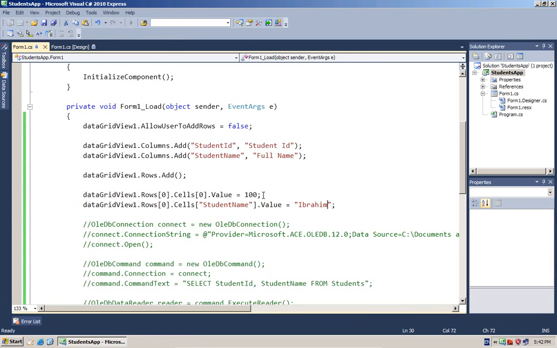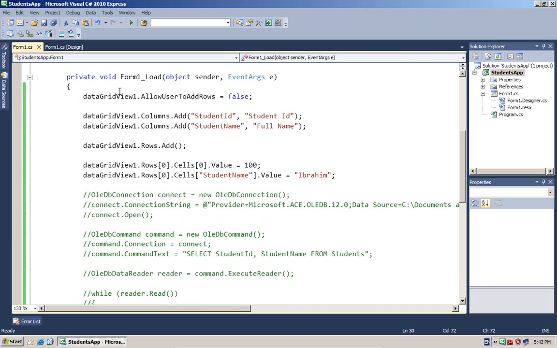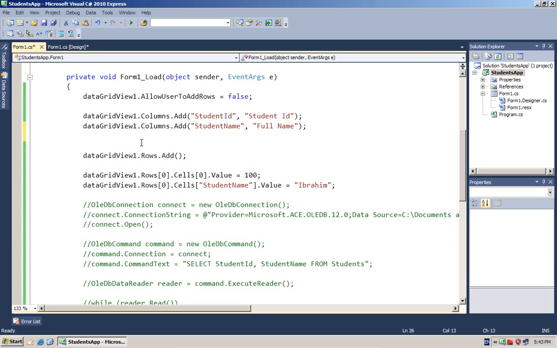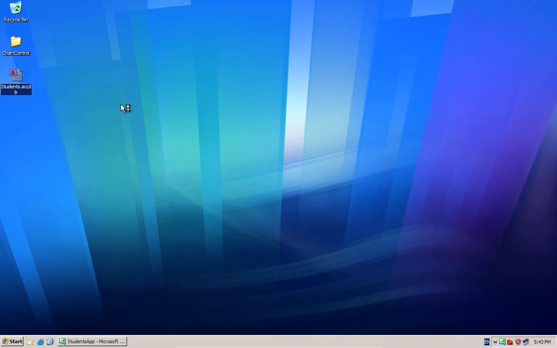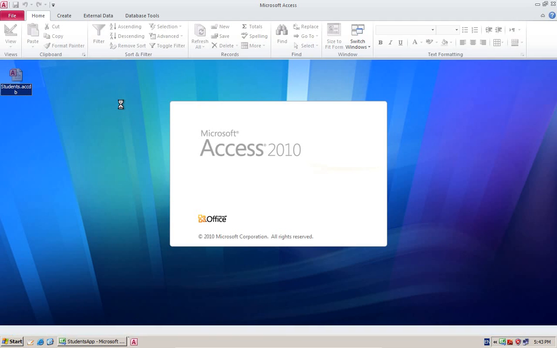Very easy to use. Now what if we want to do this same thing, but we want to load the data from the Access database? So up till now over here it is fine. We need to add a few more columns.